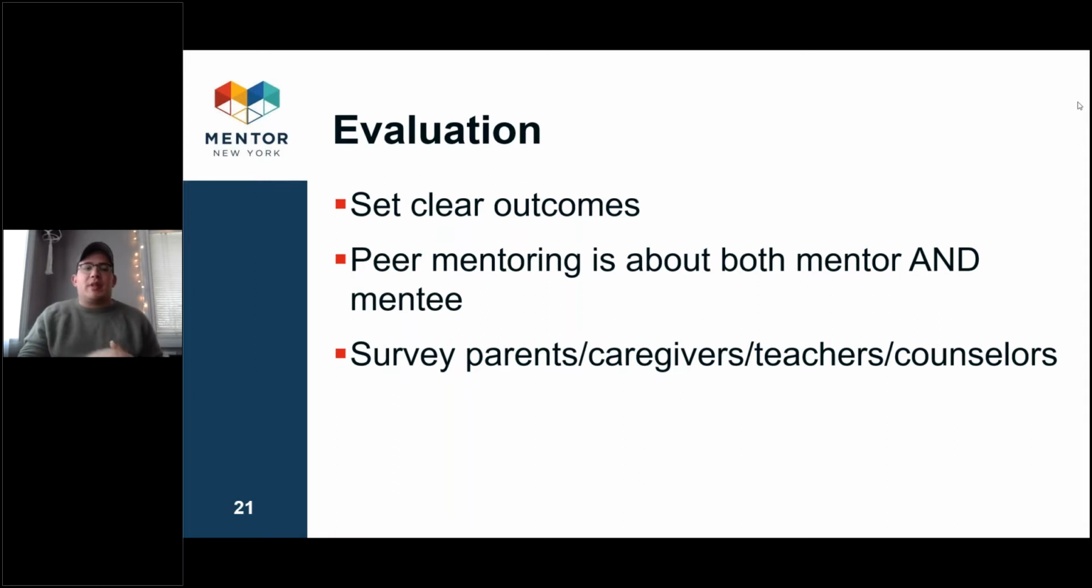Again, we're thinking about evaluation. Remember that peer mentoring is about both mentor and mentee. What kind of outcomes are you expecting to see from your mentor? What growth are you seeing from them and from the mentee? And start to develop tests, structures, and measures that are going to measure both the mentor's and the mentee's growth and experience